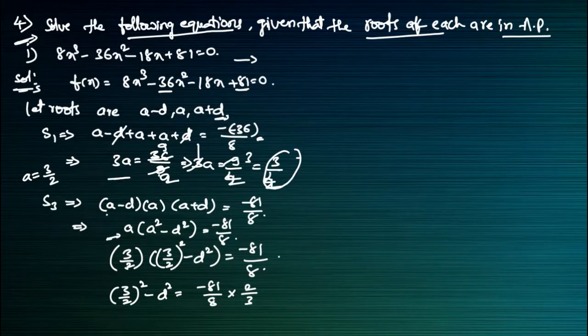If we come to the right side of the equation, it will become the reciprocal, 2 by 3. So 2 ones are 2, 2 fours are 8, and here 3 ones are 3, 3 twos are 6, 6 threes are 18, 27 threes are 21. Here, how much did we get? 3 by 2 whole square minus d square is equal to minus 27 divided by 4 we got here, okay. 3 sevens are 21, okay, right.